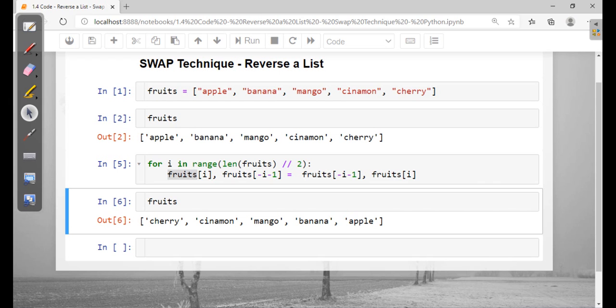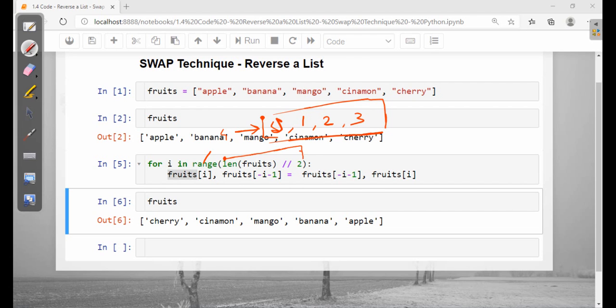So let's discuss a few concepts in the code. The first one is range. What does range do? When we use a range of 4, it will generate the values 0, 1, 2, 3. It generates 4 integer values with a step of 1 by default. You can change the step if you want, or use the default. Then we have floor division as we discussed: if you have 5 elements, floor division by 2 will return just 2, not 2.5.